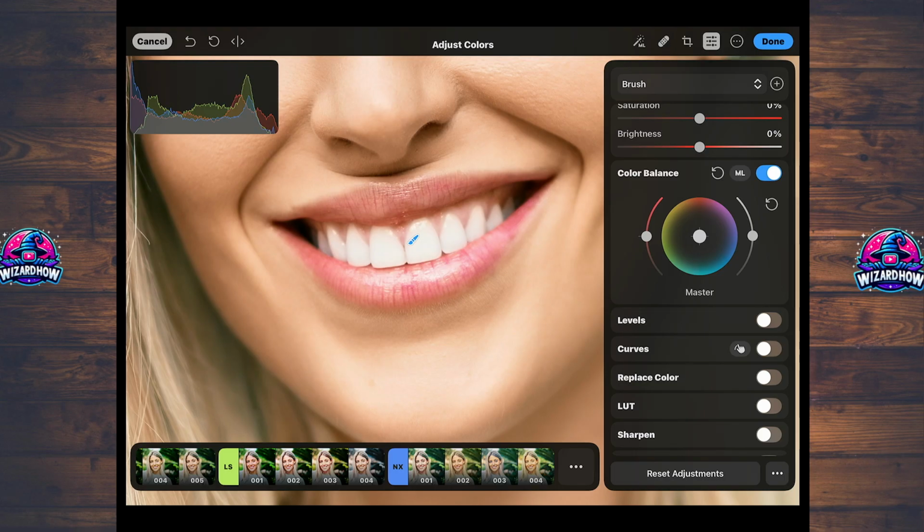And yeah, what we are going to do here, we will just move this slider up and down, as you can see, and if we go up we will whiten the teeth just like that. Here on the left, as you can see,